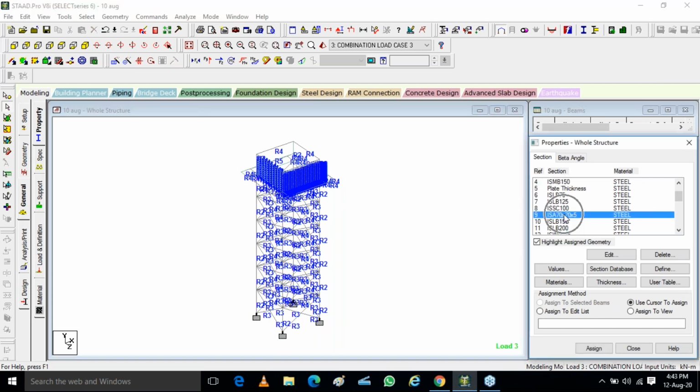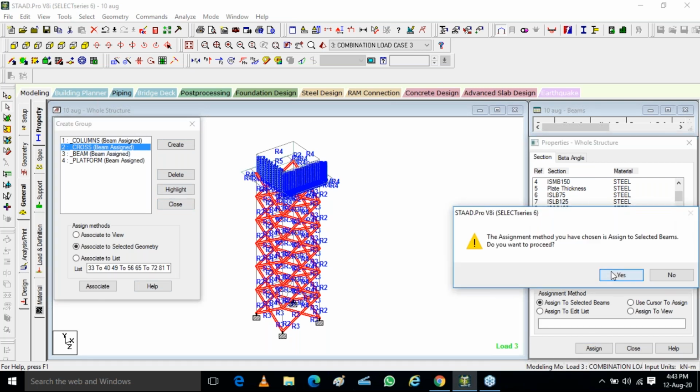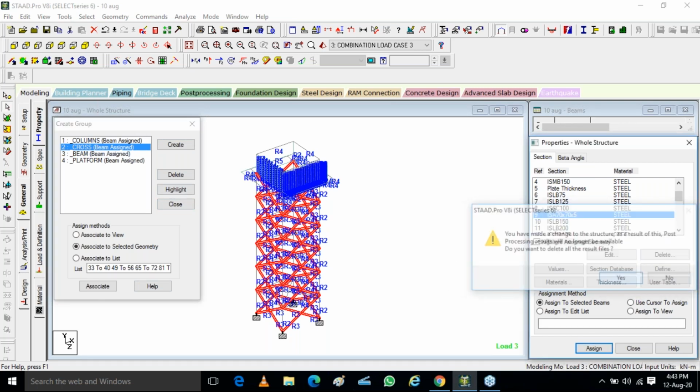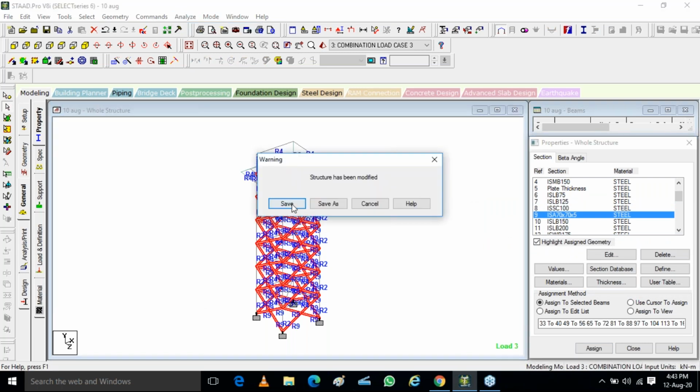Can you see this? 770 into 5 will be available to you here. You just select this, select Control G, select your cross beams, highlight them and assign 775. Then it is so simple from the start. Then analyze them again.